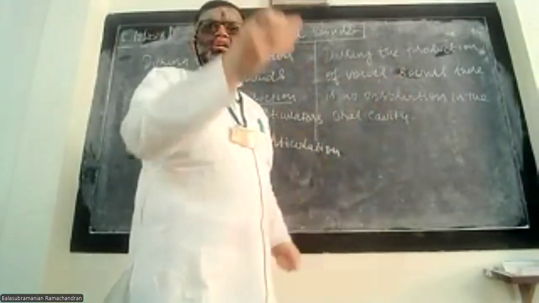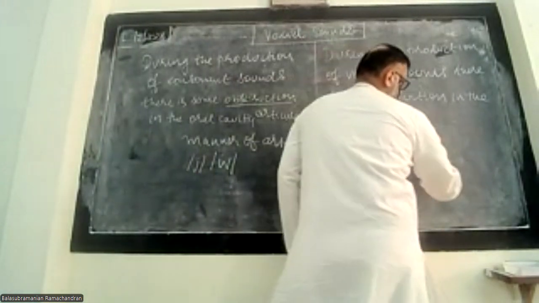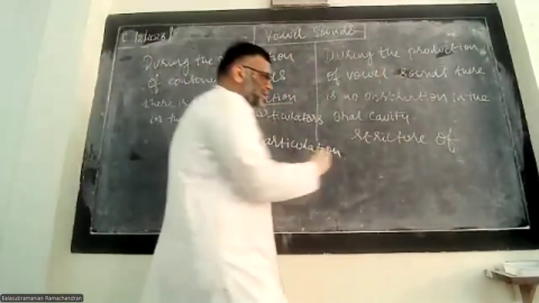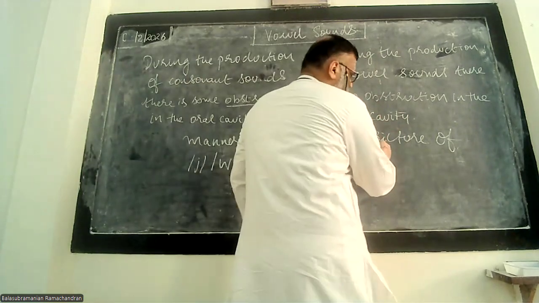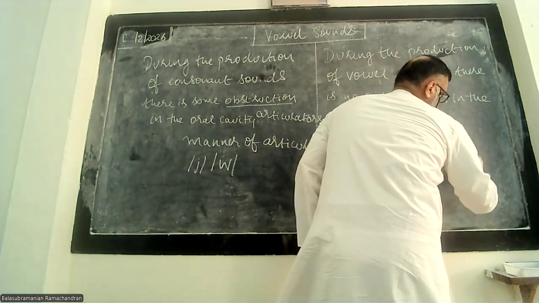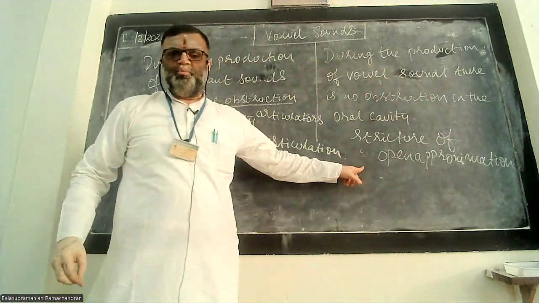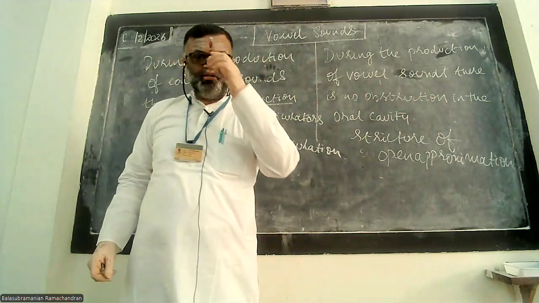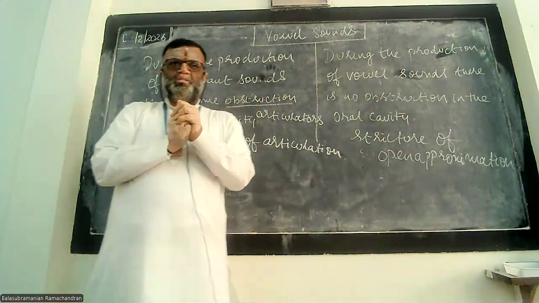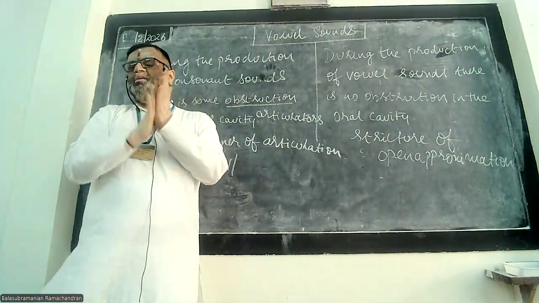In fact, it is produced with a stricture of open approximation. Now, what does this mean? Let me produce all the vowel sounds, and time is 10:20. We have 15 minutes. We'll just come to that, and then we'll see how you respond to the next question, and then we'll continue.